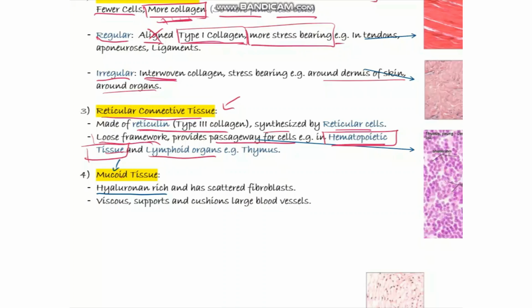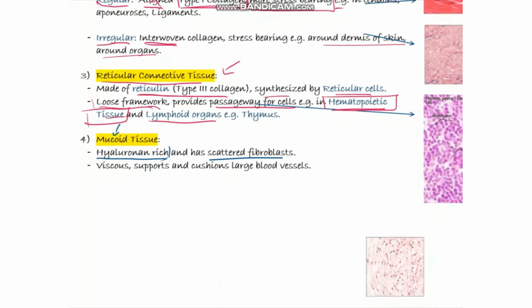which pulls in the water, pulls in the interstitial fluid towards where it is present, and results in a very hydrated, viscous sort of extracellular matrix. And it has, of course, scattered fibroblasts. So this tissue would have scattered fibroblasts, but more ECM and more interstitial fluid because it is rich in hyaluronic acid. So all this viscosity, all this